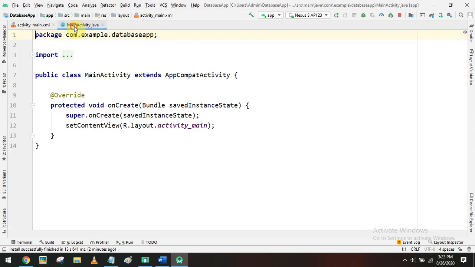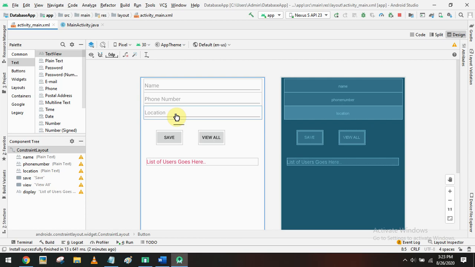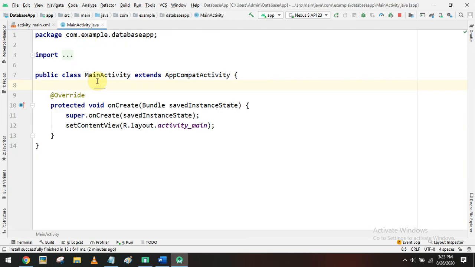So for that you have to go to main activity, and first you have to find all the components that we have added. So we have included 3 edit text boxes, 2 buttons and 1 text view. So first we have to create the variables for edit text. The first one is for name, the next one is for mobile number, and the third one is for location.